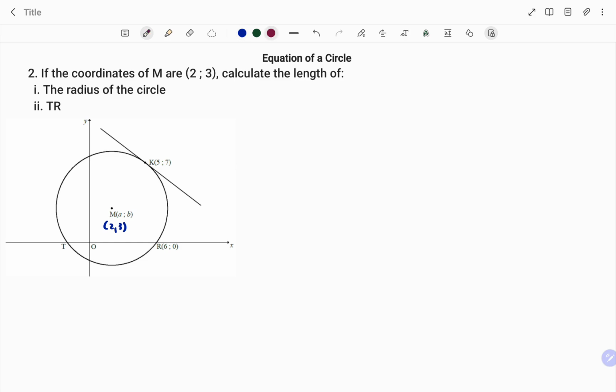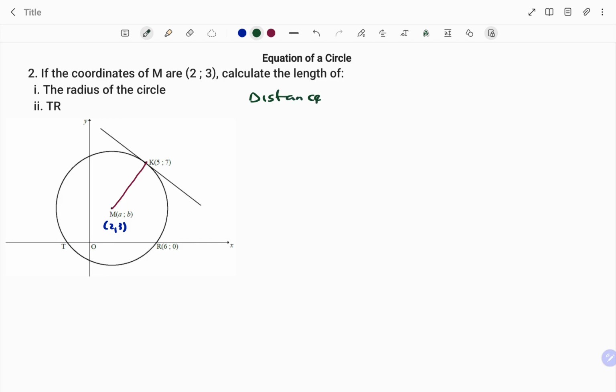Note that the radius of the circle is the distance from the center of the circle to any part of the circle. So I'm going to use point K. I could as well use point R. So what that means is that this M is (2, 3). So distance